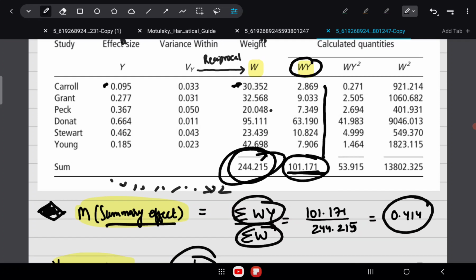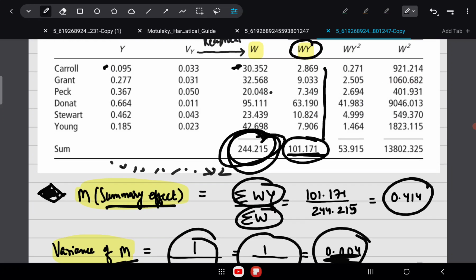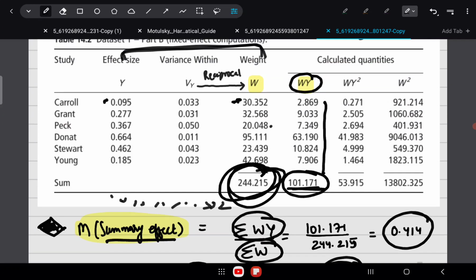The summation of weights is 244.215, so we just take the reciprocal of this, and this gives the variance. As you would expect, the variance of the summary effect is much less than the variance of the individual studies, right? That is the whole point of doing a meta-analysis: to compute a summary effect which has less variance than each of the studies separately.